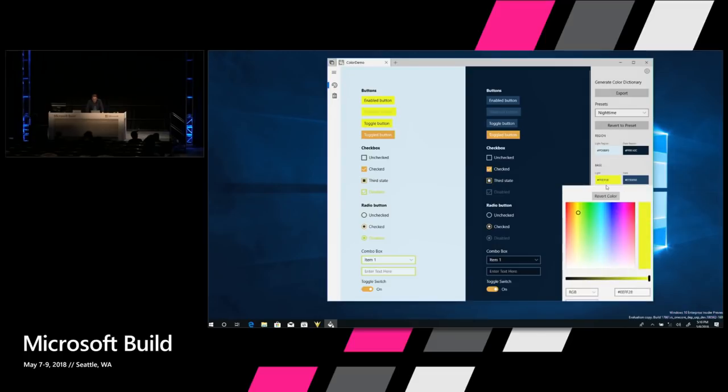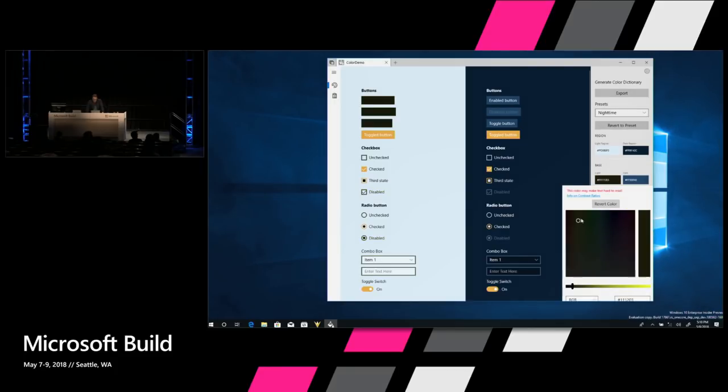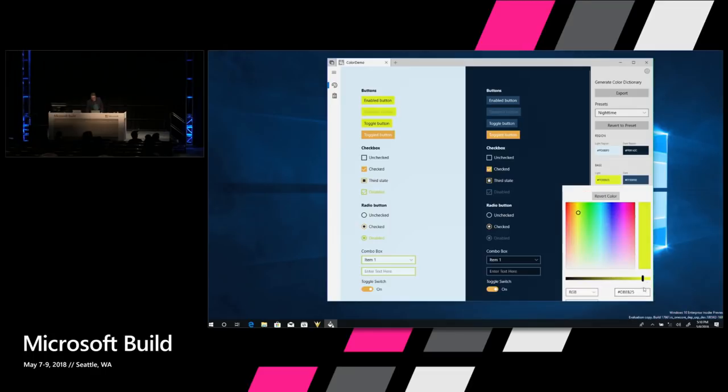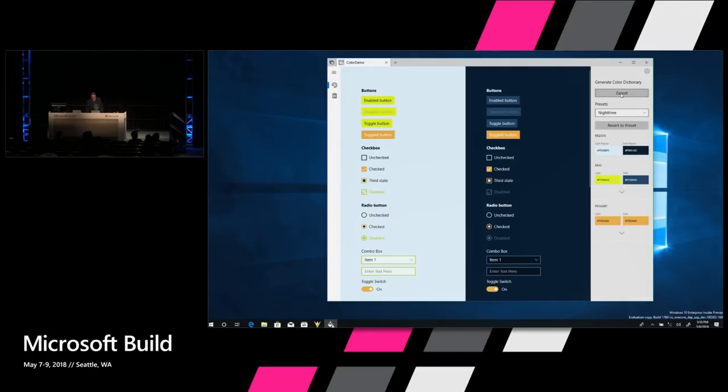The tool also will warn you if you're doing bad stuff from an accessibility perspective. So I'm going to try and pick a dark yellow. And at some point, it's going to tell me, oh, this color may make text hard to read. So it actually tests for contrast ratios and will warn you if you're picking a color scheme that will have bad contrast ratios so that you don't do that. And then when you're done picking a good set of colors that do have good contrast ratios, you can click Export